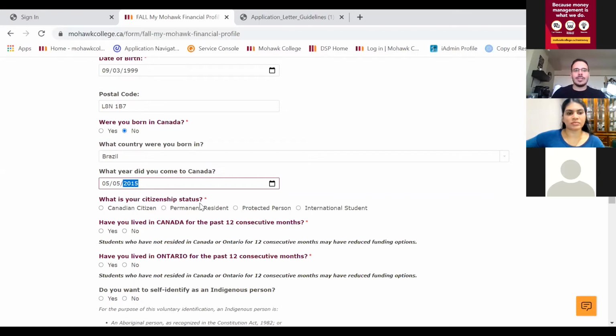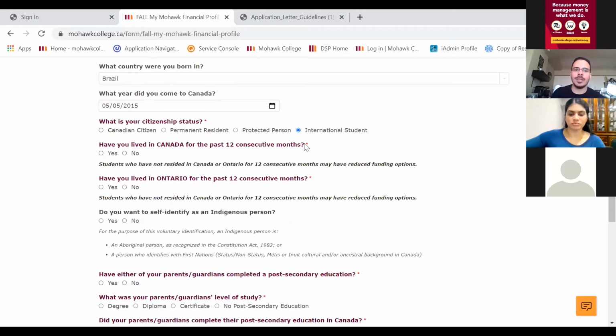So what is your citizenship status? In your case, it will be international student. Have you lived in Canada for the past 12 consecutive months? If it's your first semester, most likely you would say no. But if you're in your third semester or higher, then you would say yes. So for the sake of this, I'm going to say